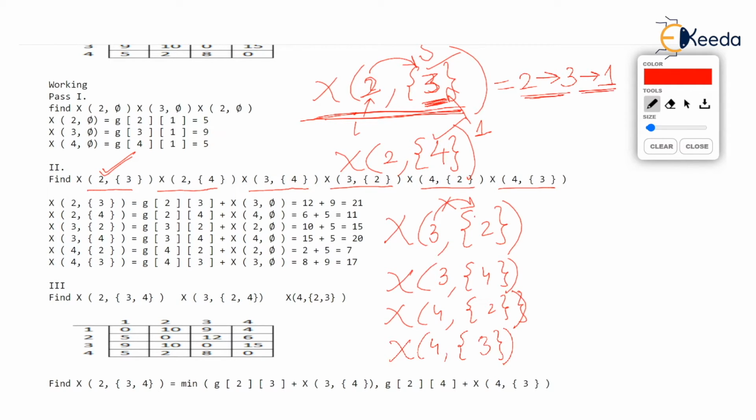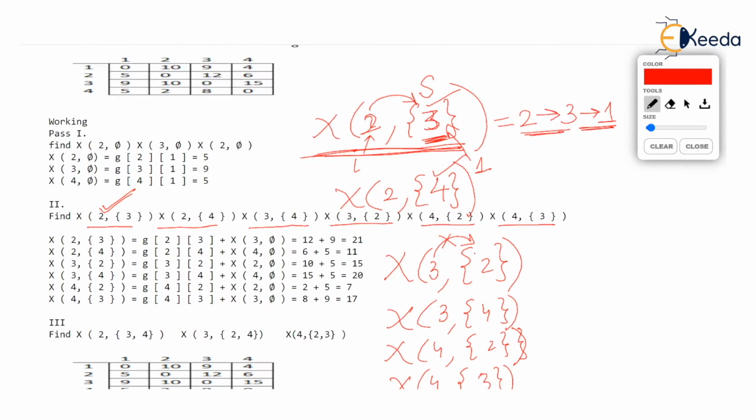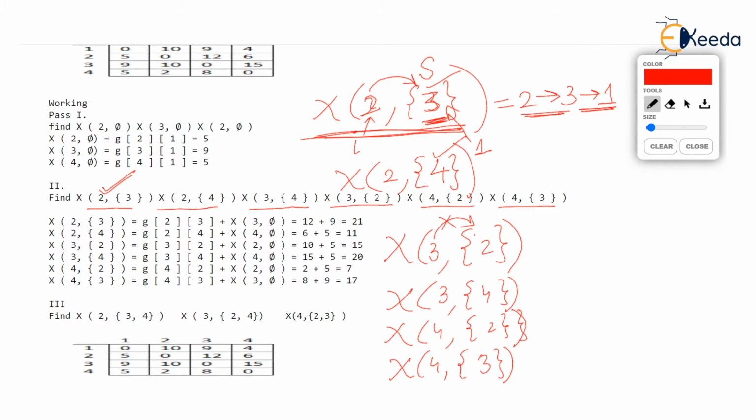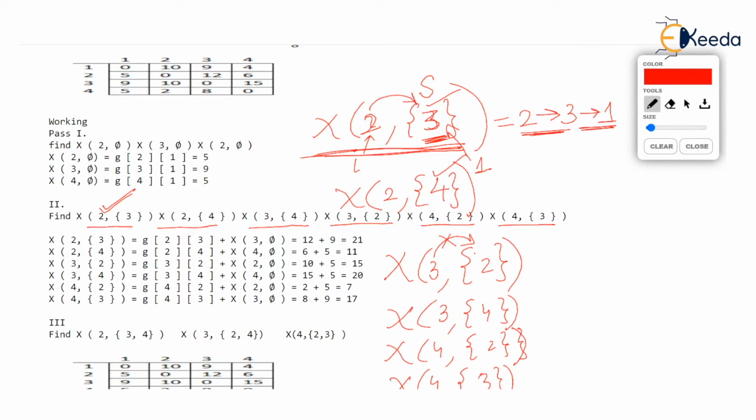You might think that I will find out the cost of this tour or this travel by referring to the matrix. Of course, you have to refer 2 to 3. Observe, 2 to 3 is 12. So 12 is added with 3 to 1. Then you might be driven to check this 3 to 1 again in the matrix. That is 9. But that's the fun part. You don't have to refer the matrix again for this 3 to 1 because 3 to 1 is simply given as X3 comma null set. Are you understanding? And X3 comma null set has been found in the earlier step here. Just check this again.